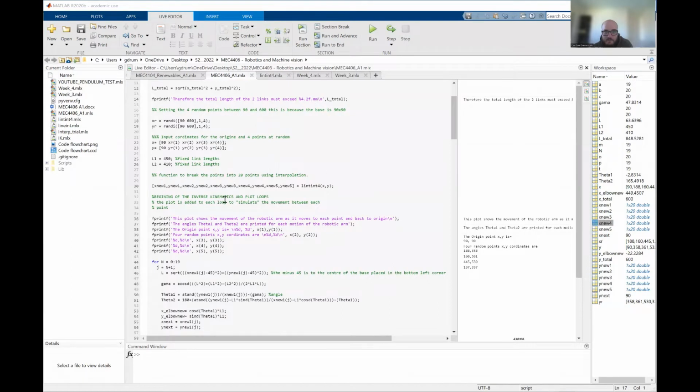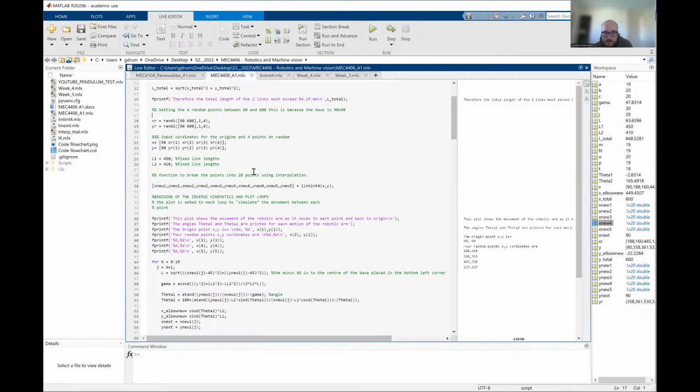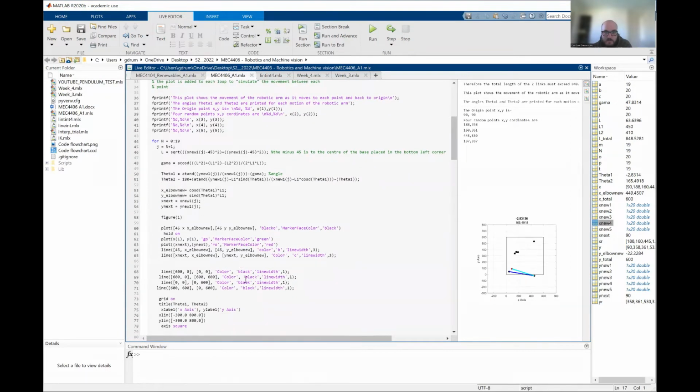a function to break the distances between those to give me a straight line for interpolation. This is a function I've created in here where you can see, and then the interpolation equations for each one. After that, you can see it's put into a loop where it works out the sine rule, cosine rule of the inverse kinematics, where it goes through, works out L, gamma, theta 1, theta 2, and then prints those numbers to the plot